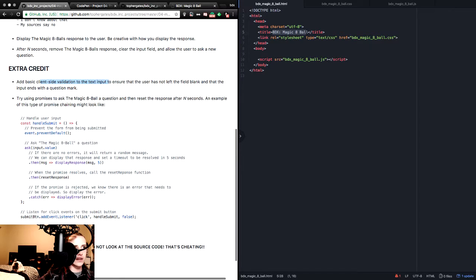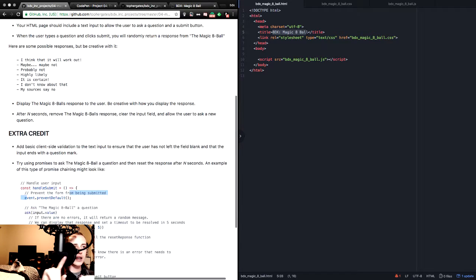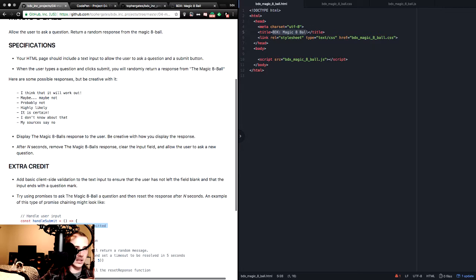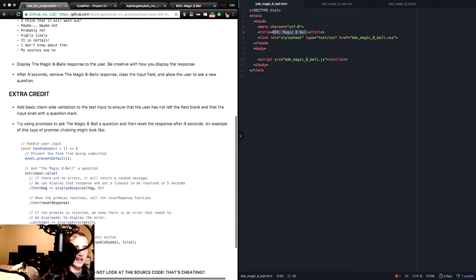Okay, and then the 2 extra credit things. Add client-side validation. Add basic client-side validation to the text input to ensure that the user hasn't left the field blank and that it ends with a question mark. And try using promises to ask the Magic 8 Ball a question and then reset the response after n seconds. An example of this promise chain might look like blah. Now, since there is the input field and the submit button and the event prevent default, I am pretty damn sure